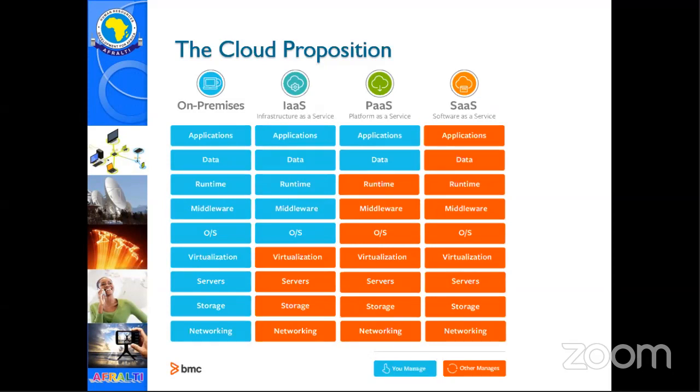Now, there are usually different offerings on the cloud services, because different organizations have different needs at different phases of their cloud adoption journeys. Let me give you an example. Let's say at the beginning of this year, an organization renewed its licenses for their Windows operating systems and all the laptops in that organization, and all the servers that run in that organization. And they spent, let's say, about 5 million shillings to renew those licenses for the year.